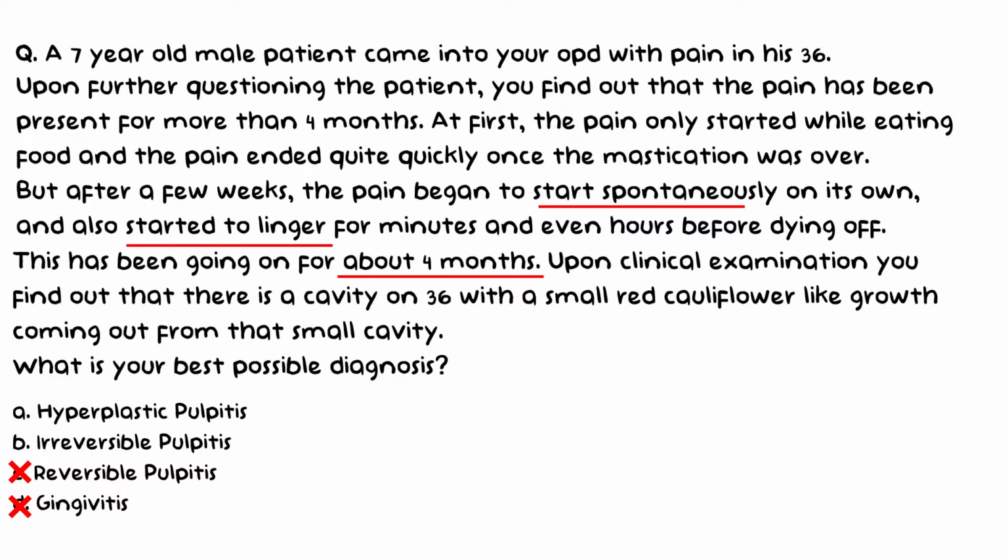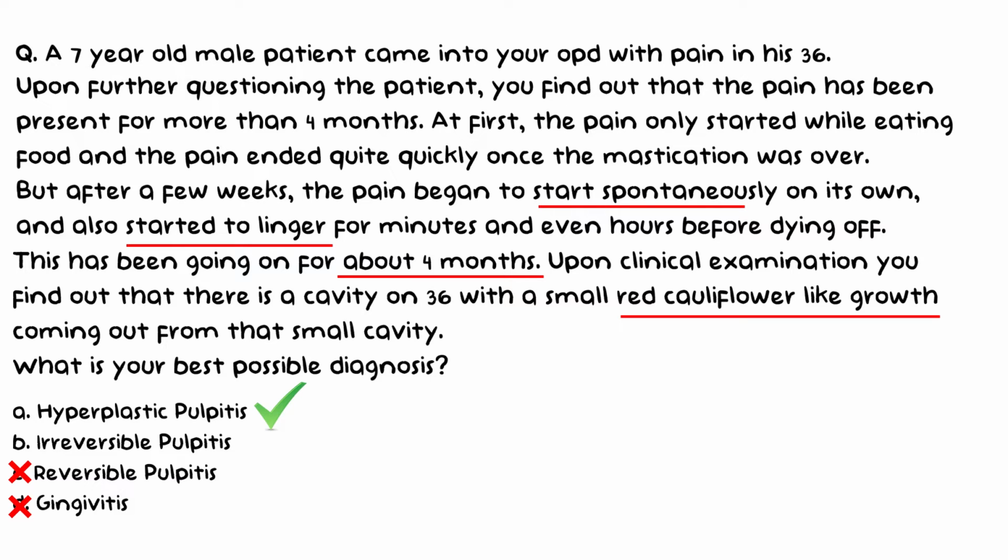But there is also a very important clinical sign, that is a cauliflower-like outgrowth. And the cauliflower-like outgrowth along with other signs and symptoms is a classical sign of pulp polyp or the hyperplastic pulpitis. So the correct answer will be A. Hyperplastic pulpitis. It is not that B. Irreversible pulpitis is the incorrect answer, it is just that considering all the findings given to us in the question and also the options given to us, the best possible answer and diagnosis will be pulp polyp or the hyperplastic